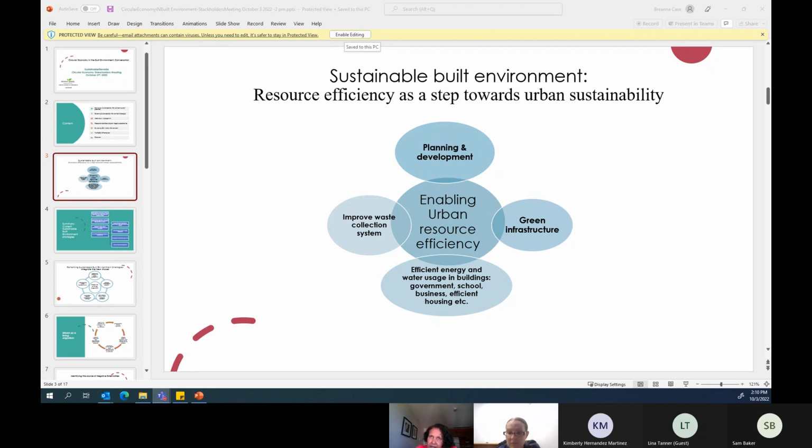We added, I think, a couple of years ago, green infrastructure. That's a little bit different from resource efficiency, which I liked. This is defined as a strategically planned network including the environment.